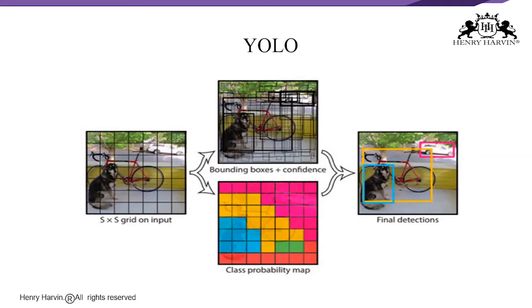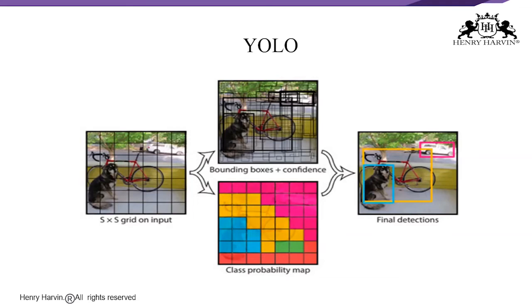Like we have seen, there are several algorithms. The most popular algorithm is YOLO, right? So we will try to understand it in detail. What is meant by YOLO? You Only Look Once. Let us try to understand this. It was proposed as a real-time object detection technique by Joseph Redmon et al. in their research work.